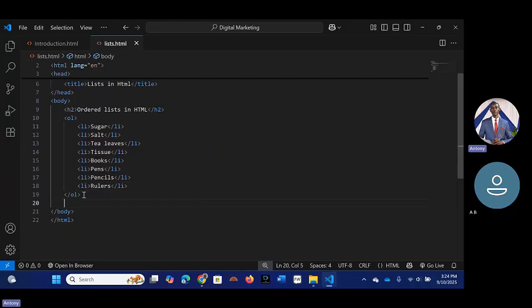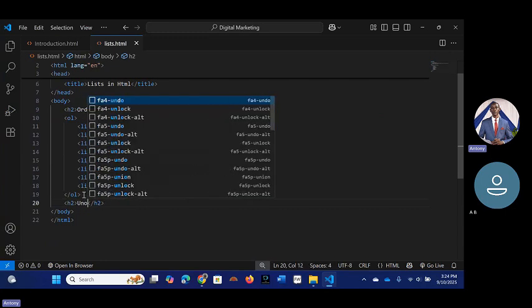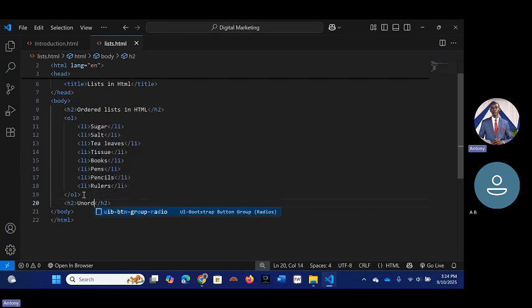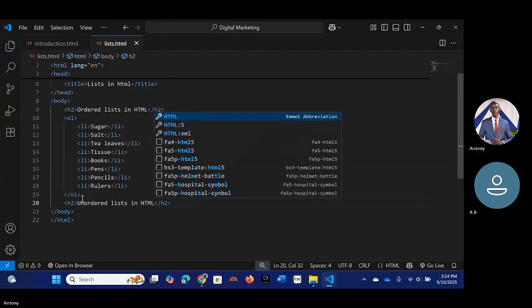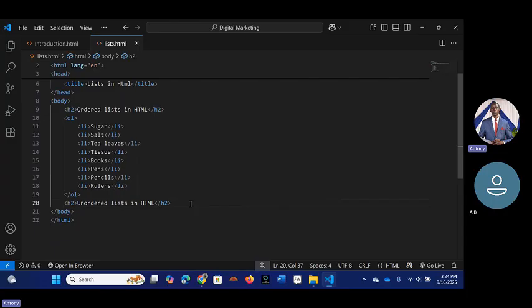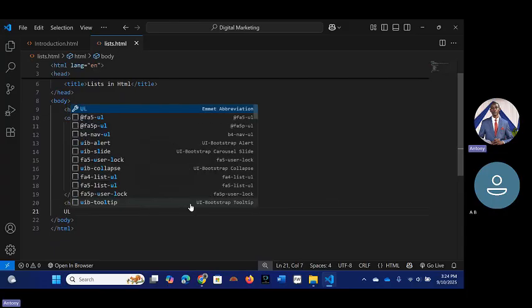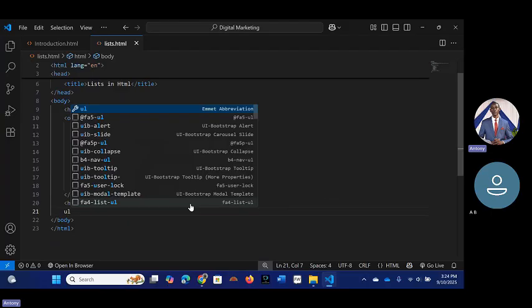We want to add another heading just to differentiate between the ordered list and the unordered list. So we're going to add another heading here to say these are now unordered lists in HTML. After the closing tag for the heading H2, we're going to enter UL, which is the tag for unordered lists.